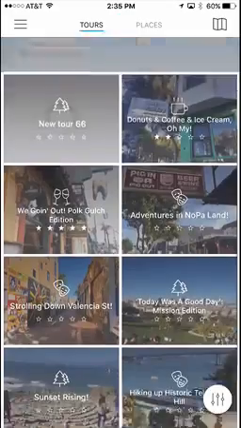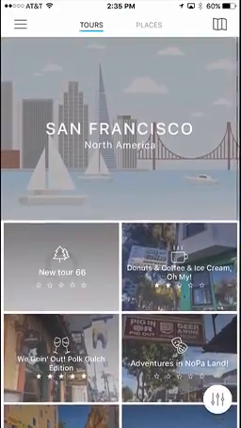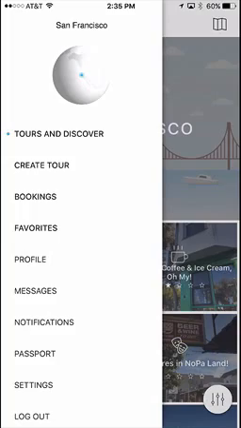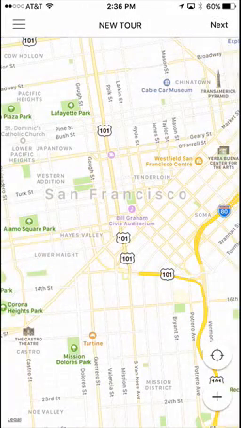We'll get to the San Francisco main splash screen here, and we're going to go ahead and tap on the settings application at the top left. And then we're going to go ahead and tap Create Tour. So for this one, I think I want to feature Hayes Valley. And so you have the map of San Francisco loaded there, and we're going to add our first location first